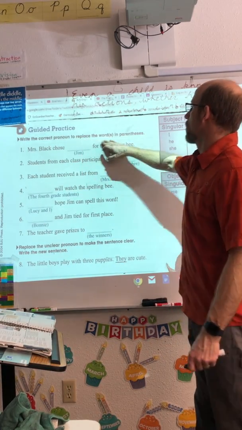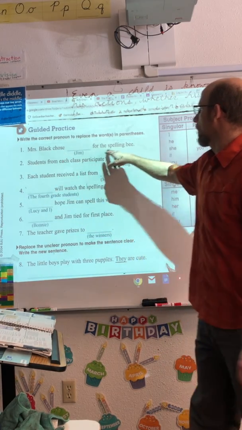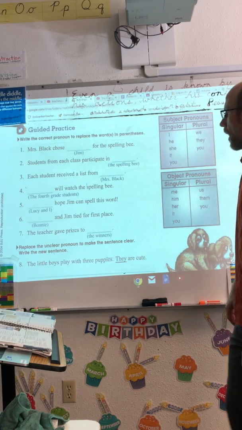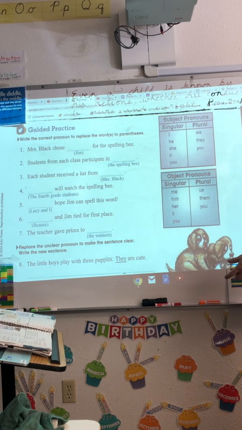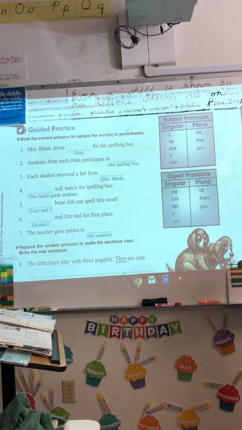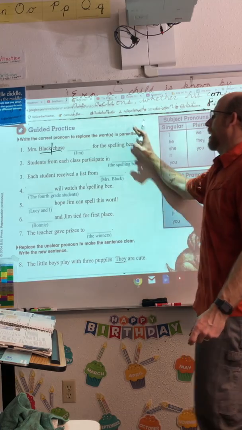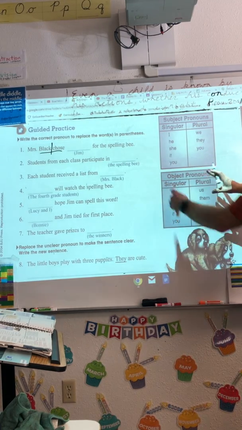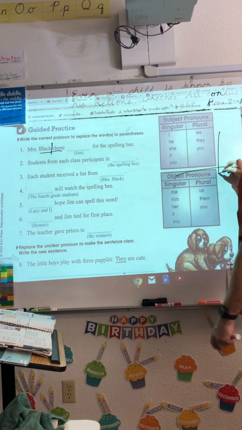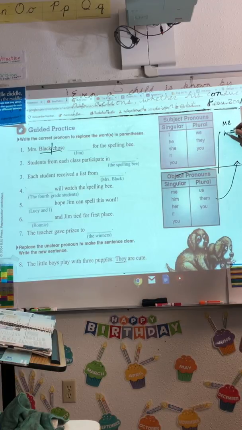Write the correct pronoun to replace the word in parentheses. Mrs. Black chose blank for the spelling bee. So we have to figure out, is it going to be an object pronoun or a subject pronoun? Mrs. Black, that's where it would split. So we're in the object side. We're in the object side. Like if I could take this thing and shift it here, and put this box here and have all my object pronouns: me, him, her, it, you,